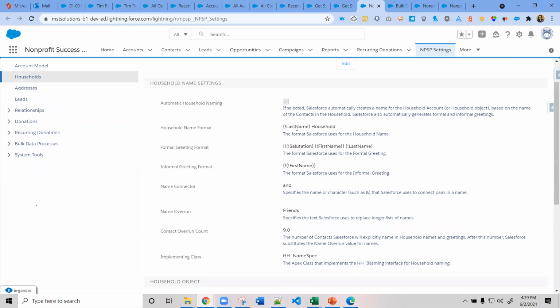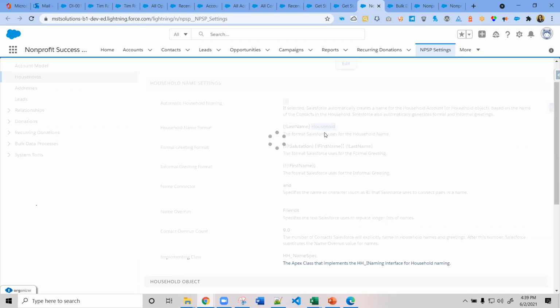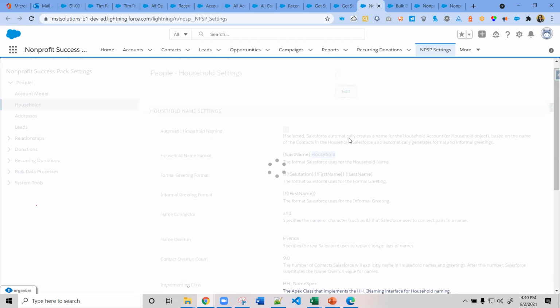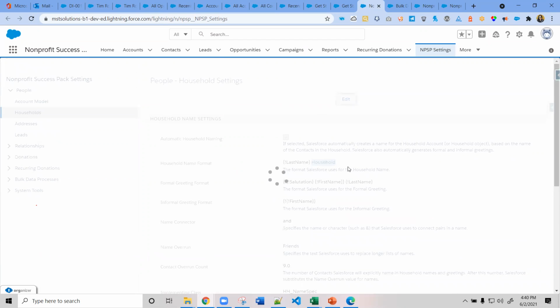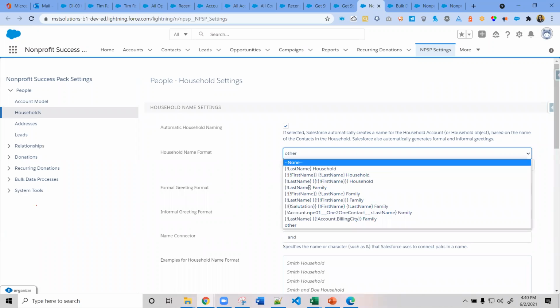As of now, by default it takes the last name plus household. If you want, we can configure first name plus household, or first name and last name and household. By default they provide some options, and by clicking Other, we can also give whatever we want here.